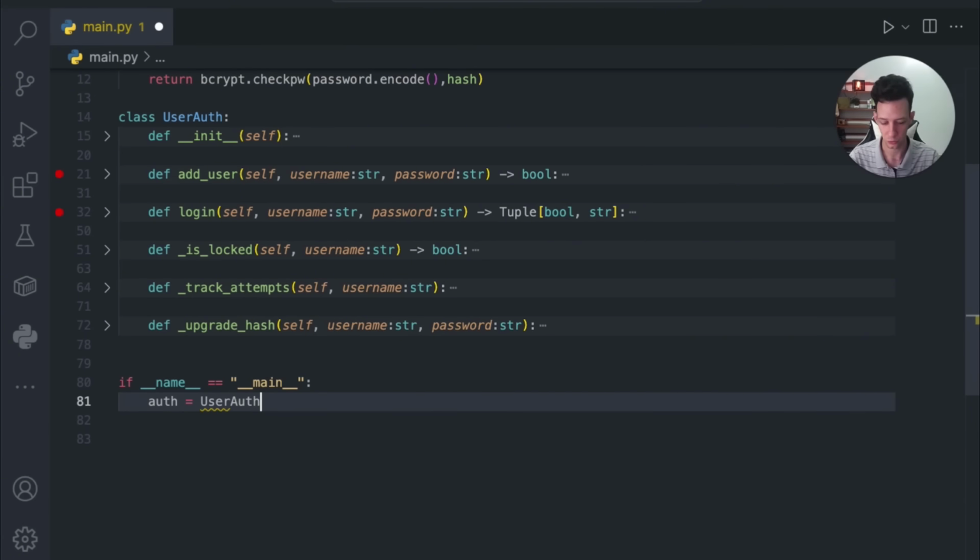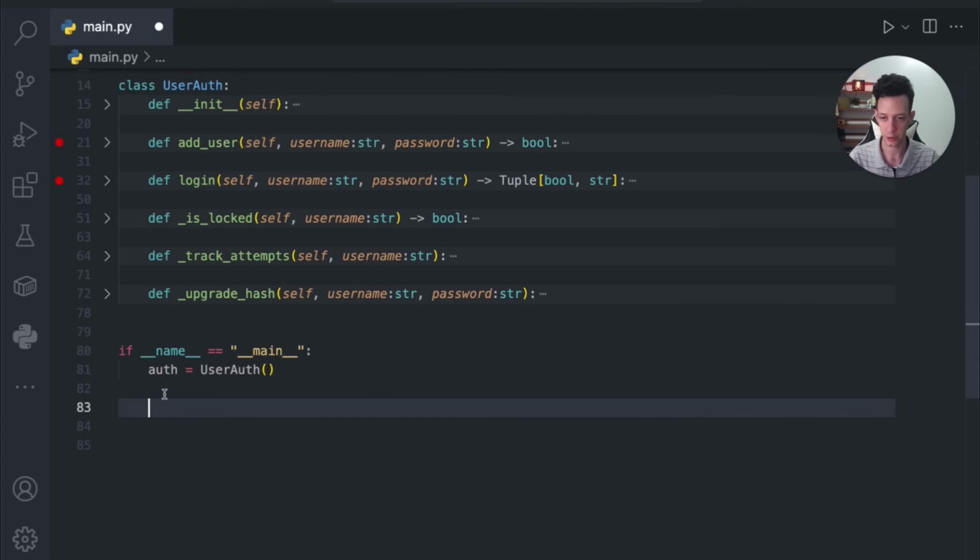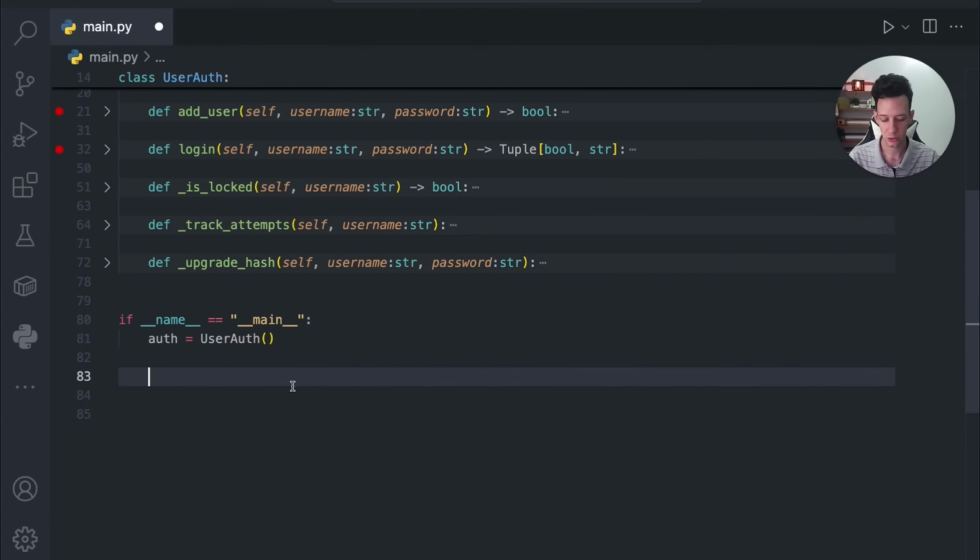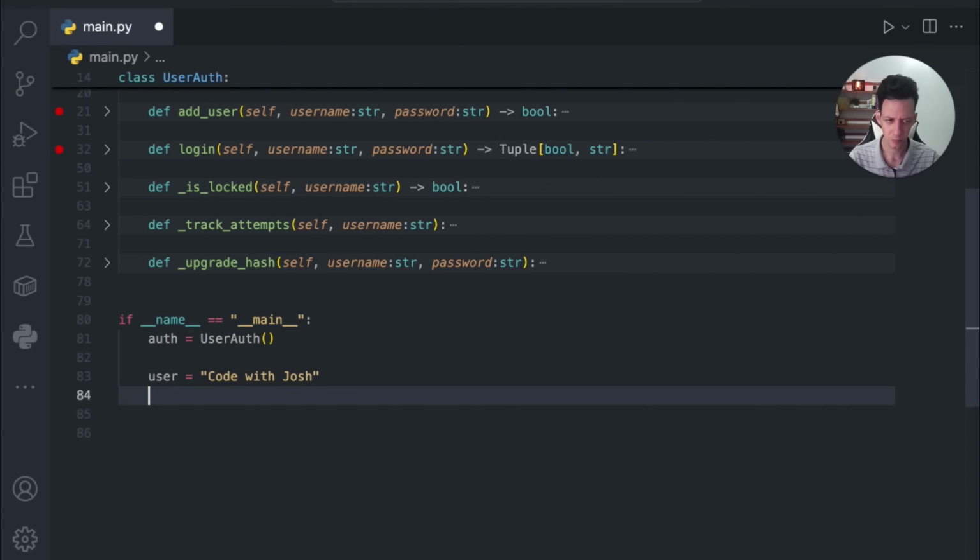So we'll call this user auth. This is going to initialize our class. Let's just make up, I'll make these as variables, I guess. Make up code with Josh. Cool. Password is going to be